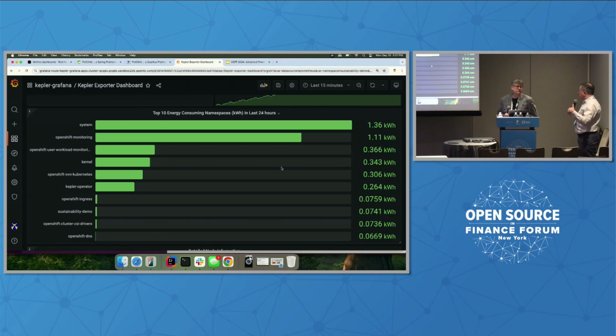And that namespace is definable. It could be super granular, like every application is a separate namespace, or the namespace could be payments, fixed income trading, equity trading, whatever the firm wants to define when they host these applications inside of Kubernetes. They have that namespace, and then we're reporting based on that level of granularity.